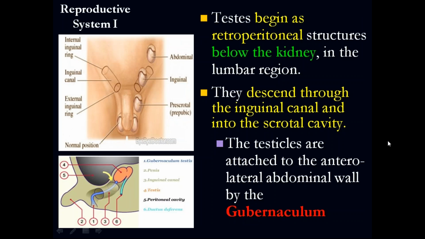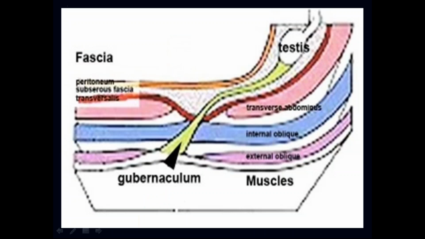And there is one structure that we probably need to remember, which is the gubernaculum. If you see this blue here, this is the testicle, and the gubernaculum is a projection, a serous membrane, that is attached to the inferior pole of the testicle. The gubernaculum is the one that is going to guide the testicle through, can you see this tunnel here, through the inguinal canal, and into the scrotum.